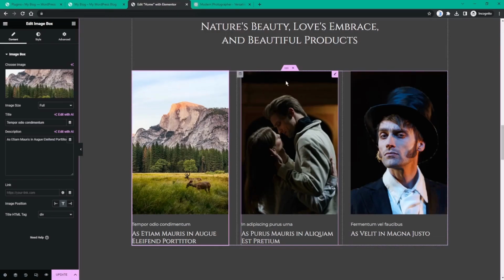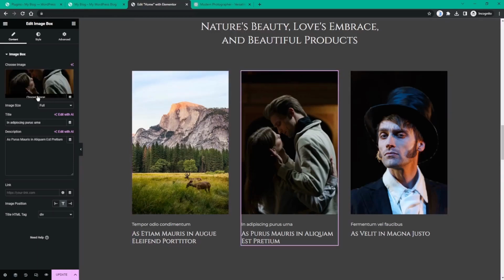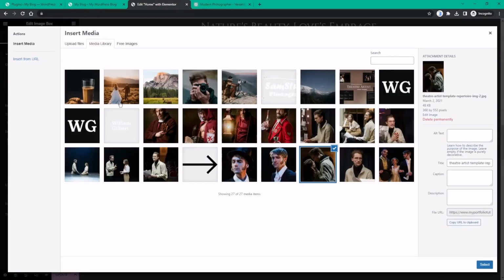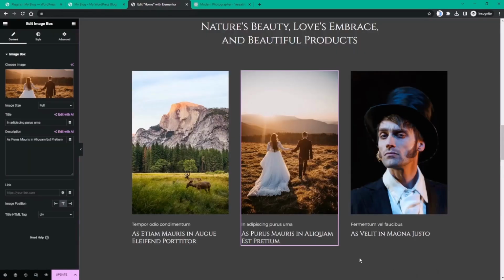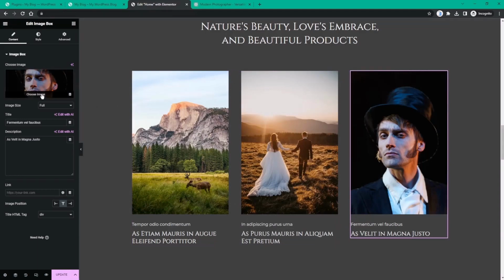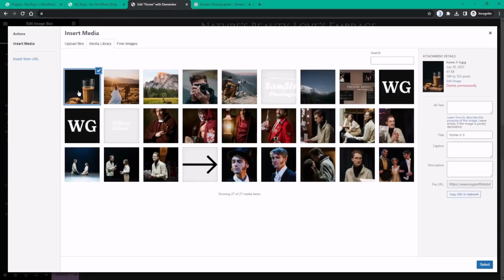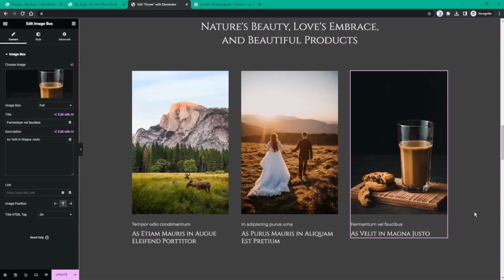And I'm going to do the same for the other 2 sections. So I'm going to click over here, choose image. I'm going to select this one that I've uploaded, select. Perfect. Same thing over here, edit, choose image. Click select. Perfect. And now I'm going to ask ChatGPT for some help to fill in these pieces of text